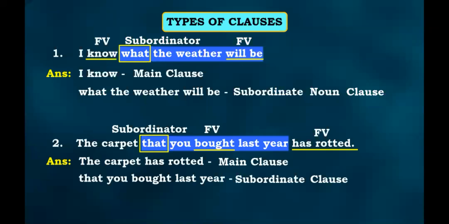So now what do I have to check for the first time? You have to check if it is a noun clause or not. Okay, so I'll ask the question: what has the carpet rotten, what has rotten, what has the carpet. Can a question with what be answered by the subordinate clause? Is it possible? No, it is not possible. So what kind of question would you ask so that you can get the answer from the subordinate clause?